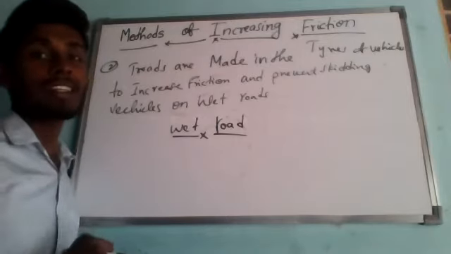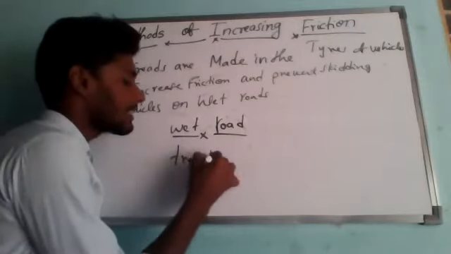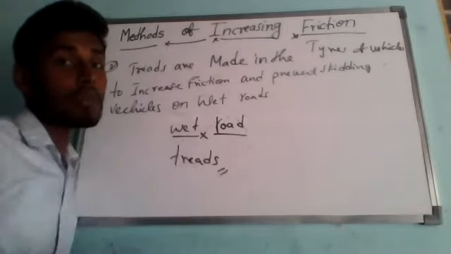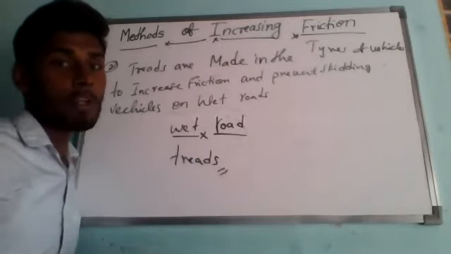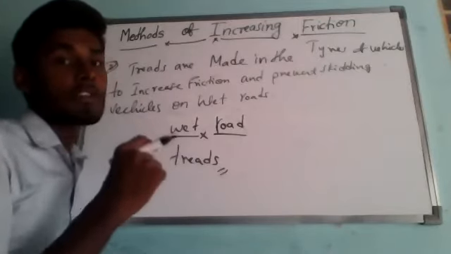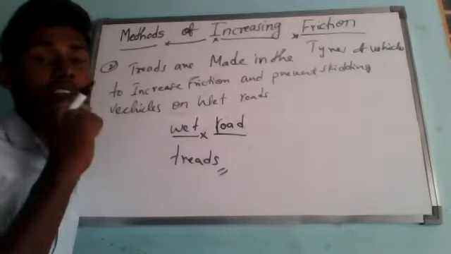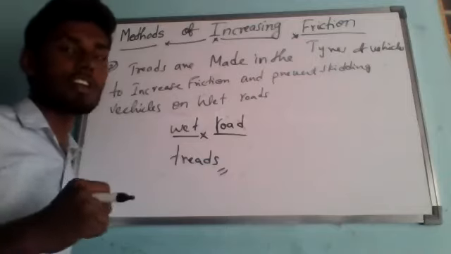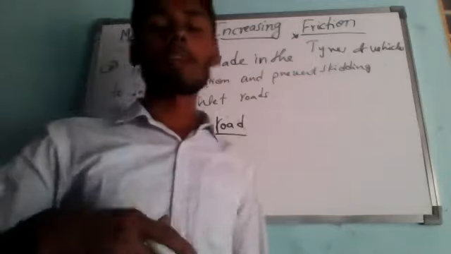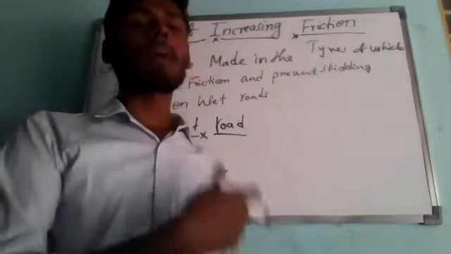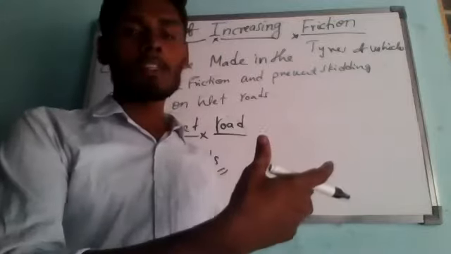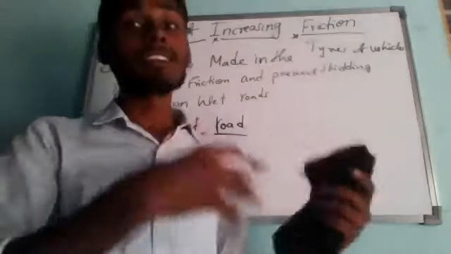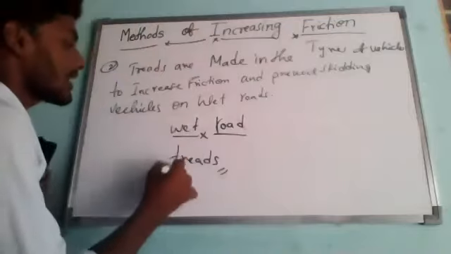So in this case, the treads on the tire, as the tire rolls over a wet road, what is going to happen? The treads on the surface of the tires are designed in such a way that they push away water from under the tire. That is why, when you are walking on a road and a bike or car is going in front of you, you can see water falling on you. It rises and falls because the tires are made with treads.